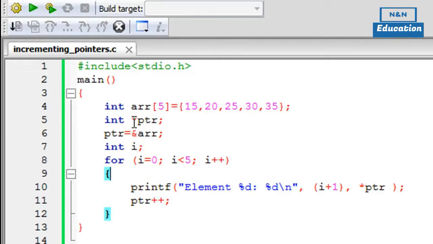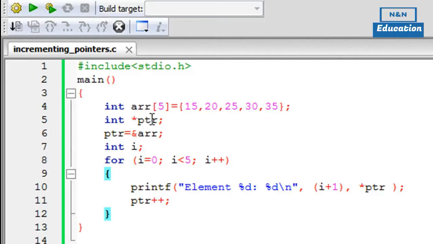On the next line, I have declared an integer pointer called ptr, and on line 6 I have a statement that says ptr equals address of ARR. So I have made the pointer ptr point to the array ARR.